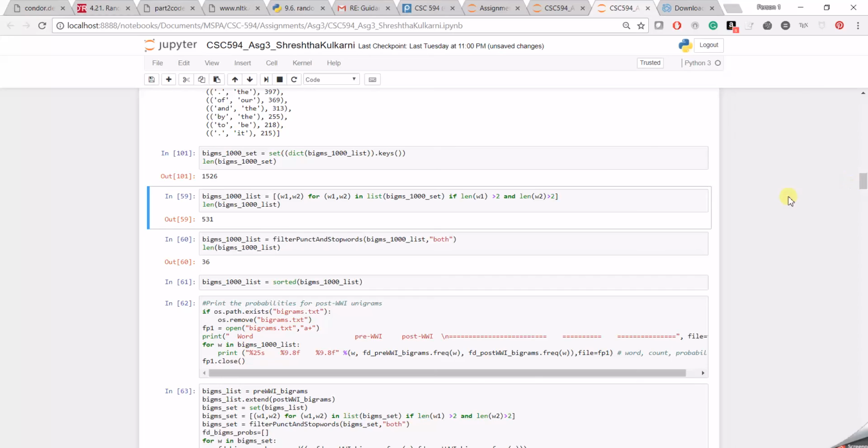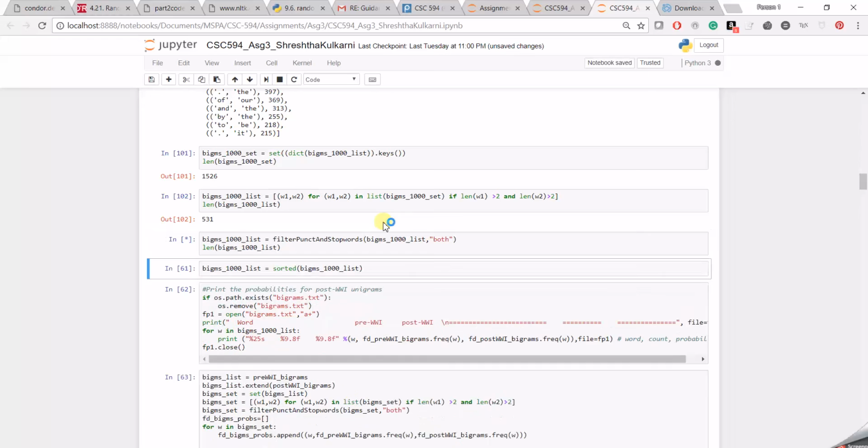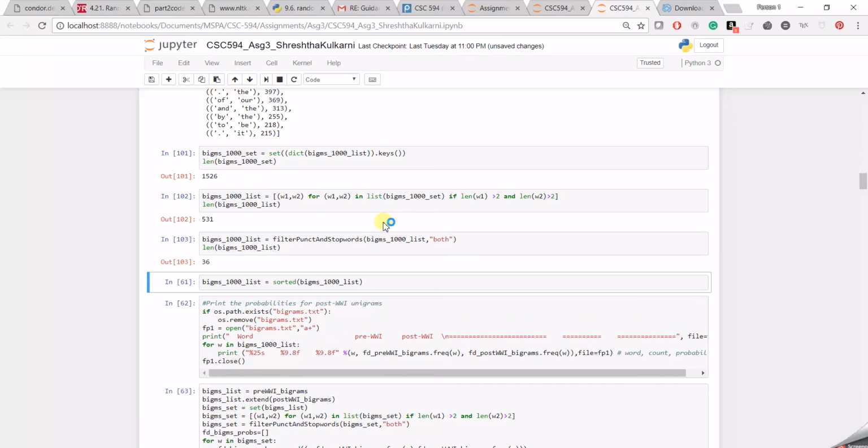remove the bigrams in which any of the words is less than length 2, then remove the punctuation and stop words, and I'm left with 36 bigrams. I sort it in lexicographical order and output the pre-World War probability and post-World War probability in a file